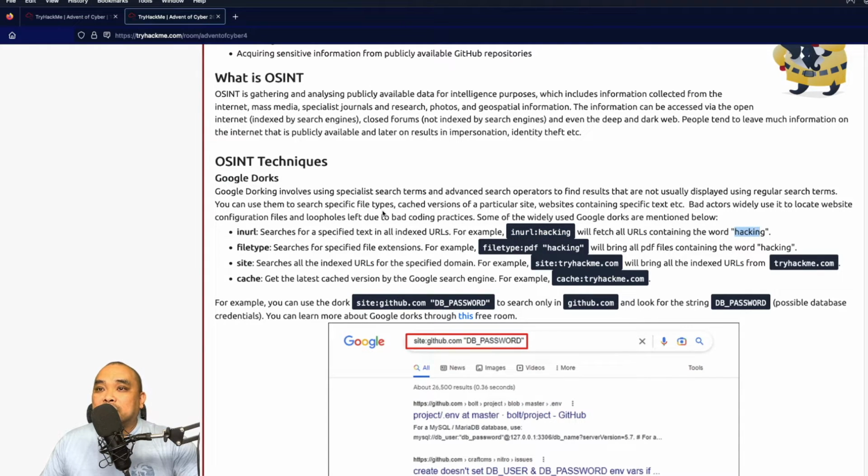And filetype, you can do filetype:pdf hacking. That's going to look for any PDFs that Google knows about that have the word hacking in it, and so on and so forth. You've got it for site and for cache. I did not know that that was actually a thing, and I think it's pretty cool.